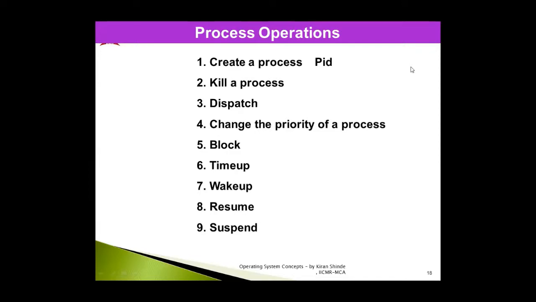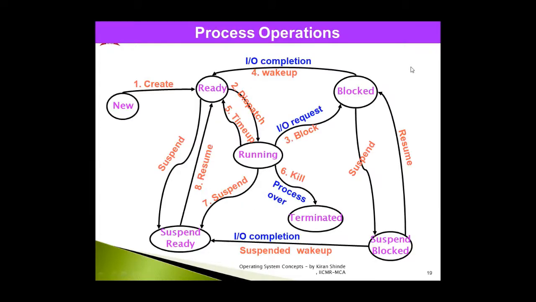Now with the help of a simple flow diagram, I'm going to explain how each operation occurs with respect to that particular process. So let's have a look at this particular flow diagram. In this diagram, the various operations are mentioned in red text, and the circles mention the various states of the process, which we discussed in my last video lecture. And with the serial numbers, you will understand the sequence in which these operations are actually performed on the process.